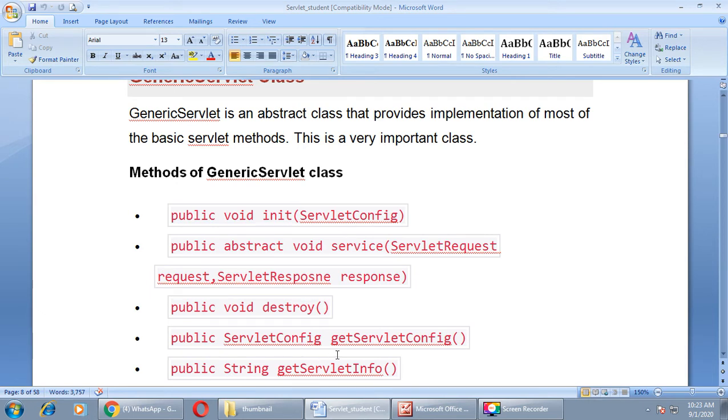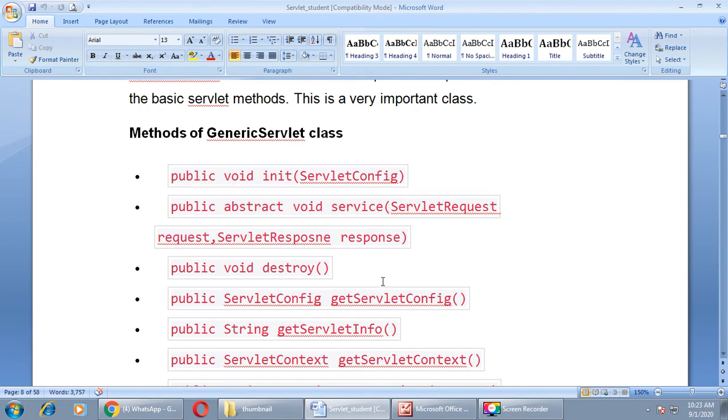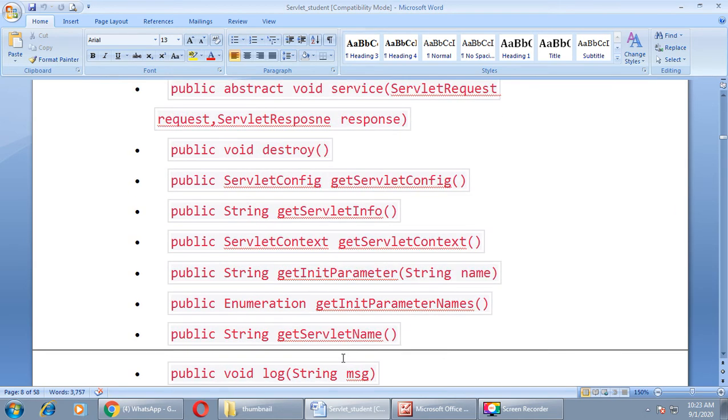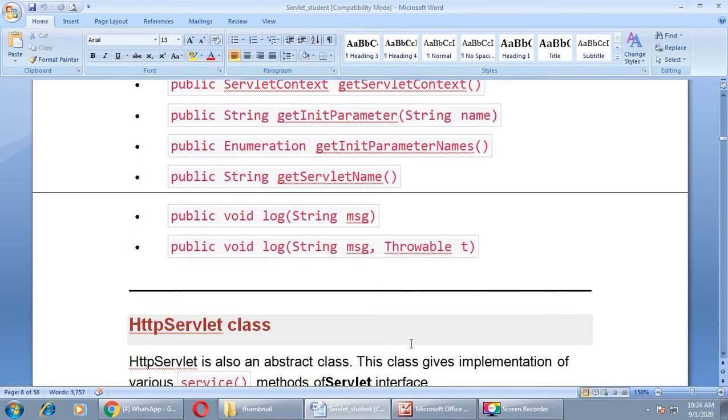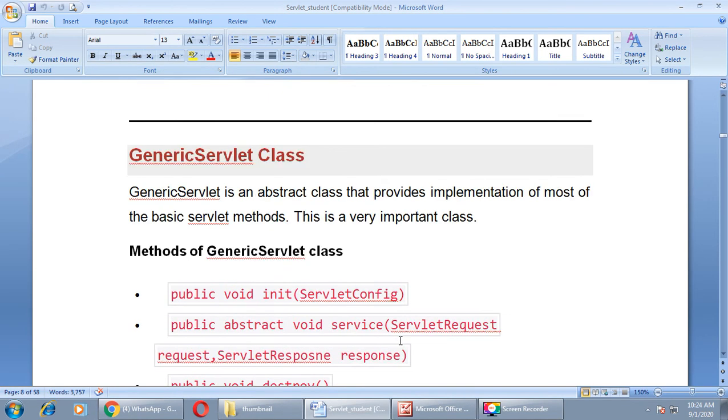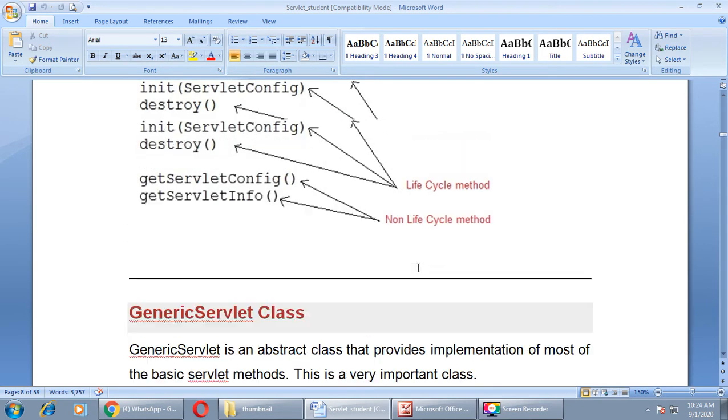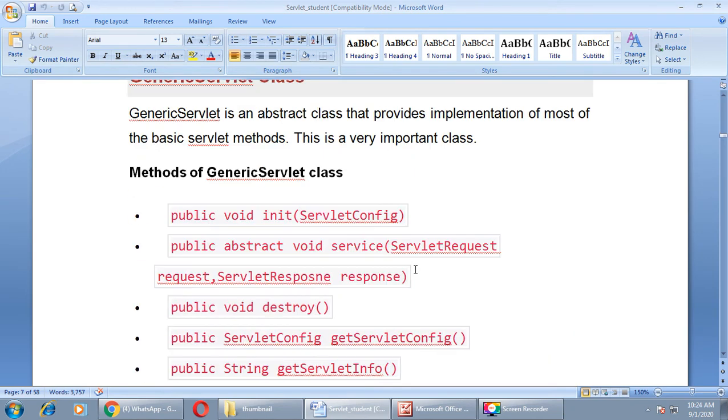Then getServletConfig, getServletInfo. These are the 5 basic methods. Except these, there are some more methods defined in this class: getServletContext, getInitParameter, getInitParameterNames, getServletName, log with 2 parameters, right? These are the methods of the generic servlet class, which is implemented from the servlet interface.